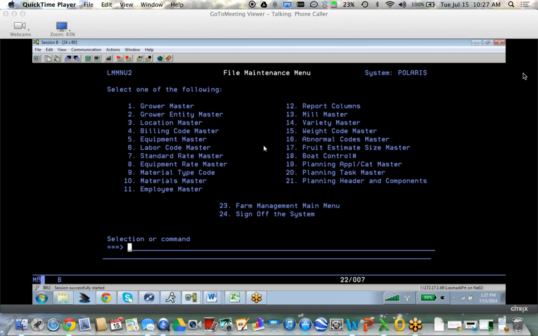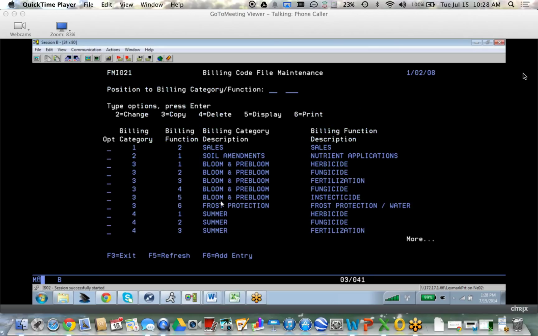So these are the master files that would be associated with either the commodity forecast system or farm management. You can see the grower entity master is here, the location master is here. If you update here, it updates the same FRGRE file that it does in sales and ops. Same with the location master. The billing code master is unique to farm management. It's not in sales and ops. And this is user defined